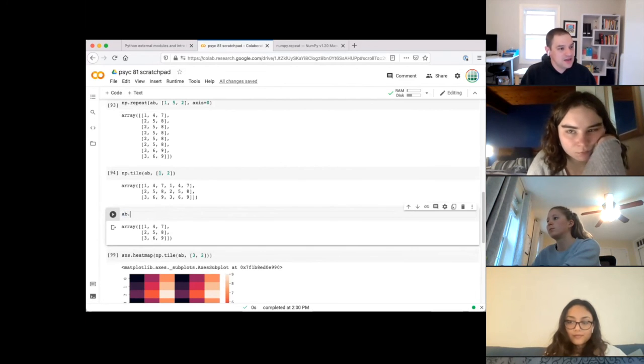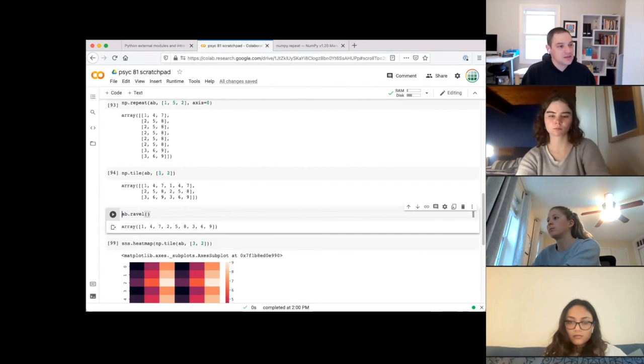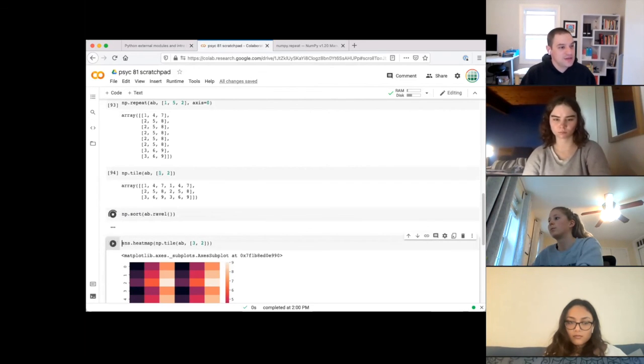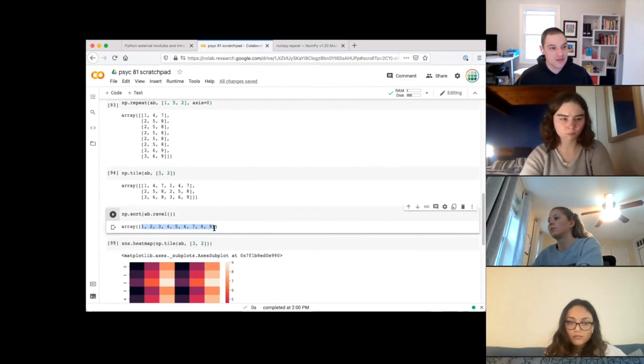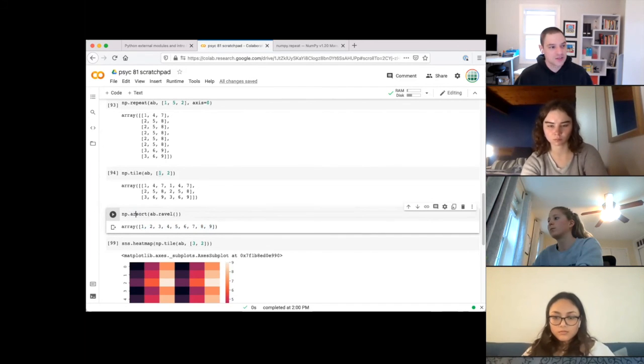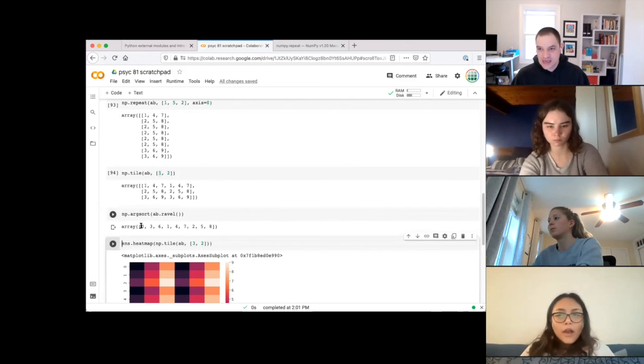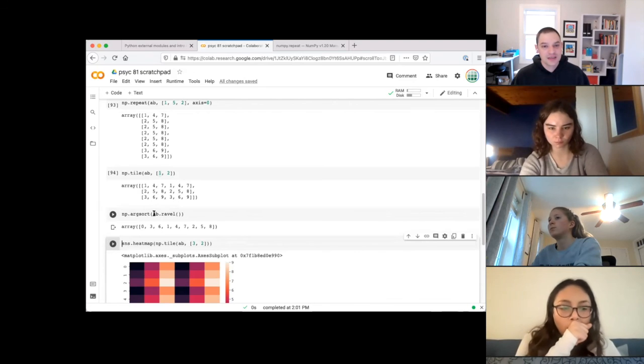Let's see, so ab.ravel is this whole mess. np.sort of ab.ravel will sort all the values in ascending order. So that returns a new matrix of the sorted values. And then another kind of useful thing is if you do argsort, instead of giving you the sorted values, it gives you the indices